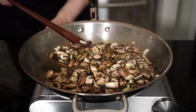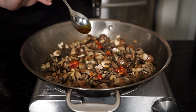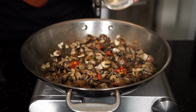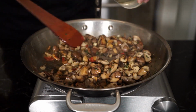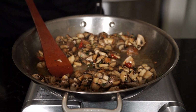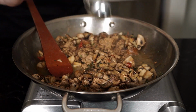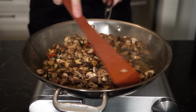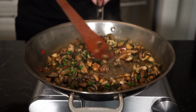At this point, we can bring the heat down to medium. I'm adding some chopped up Calabrian chilies as well, and now I'm going to deglaze the pan with some white wine, about 2 tablespoons worth. You can also use stock and continue to cook and reduce. Now let's add a big heaping tablespoon of that umami packed porcini powder and mix that all in. Just before removing our mushrooms, add the rest of the parsley and mix and toss, and then remove the mushrooms